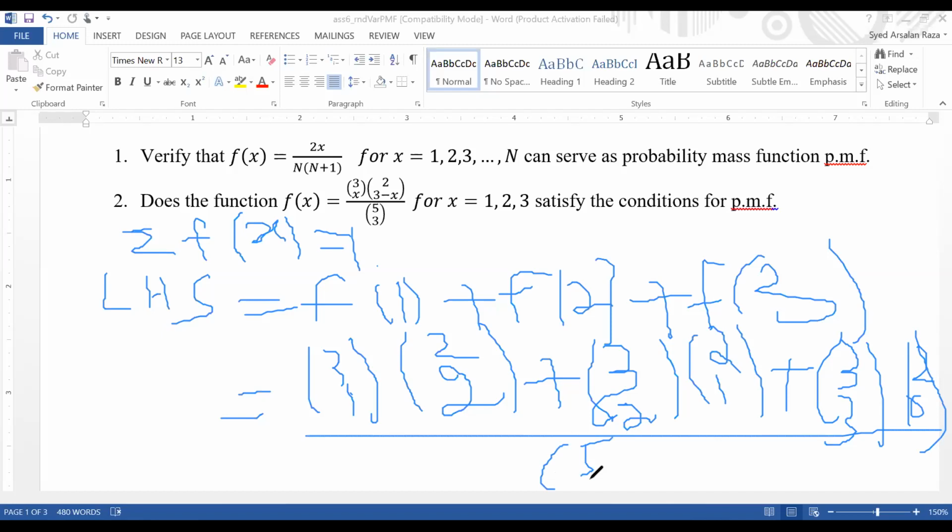You have to simplify the numerator and check whether the denominator and numerator have the same value. If they cancel out, then the total will be 1. So you can verify it by calculating all the values of these combinatorials and then summing them. After summing, you can see that the total will be 1.